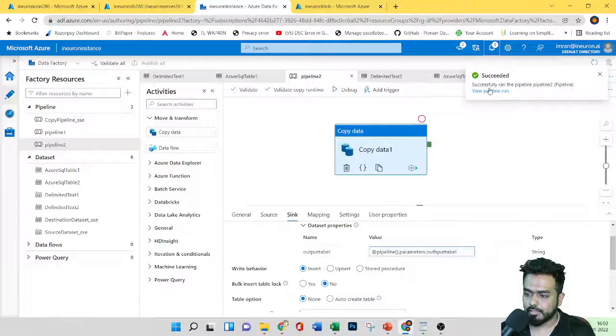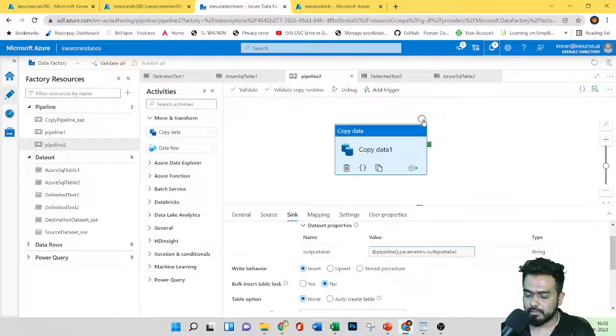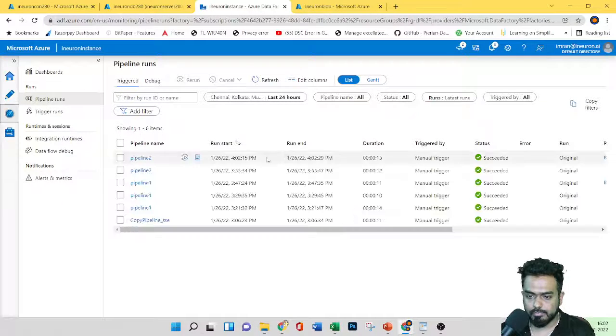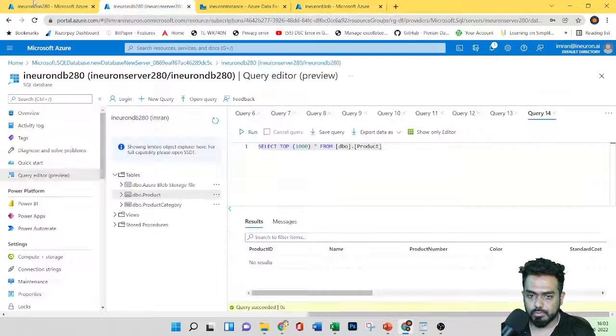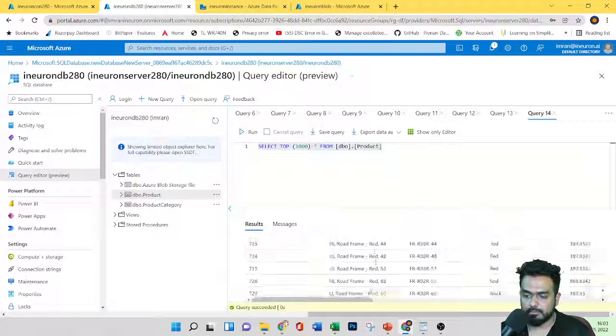You can see it successfully ran pipeline 2. It succeeded. We'll wait, because sometimes it takes some time to check. If I go to the monitor, this is pipeline 2. Let's refresh. Yes, pipeline 2 succeeded. Now if I go to the SQL server and run this query once again, you can see I'm getting the data fine.